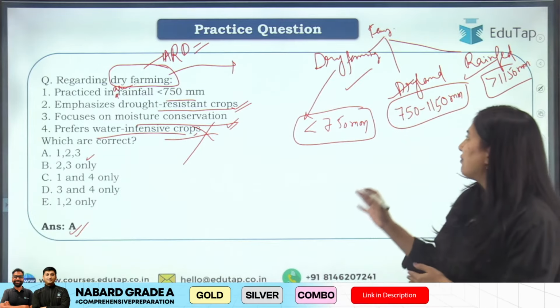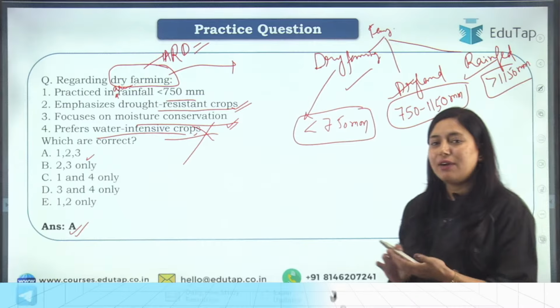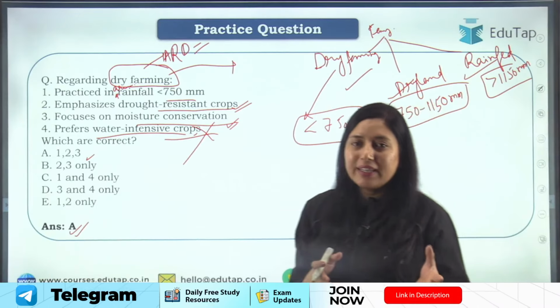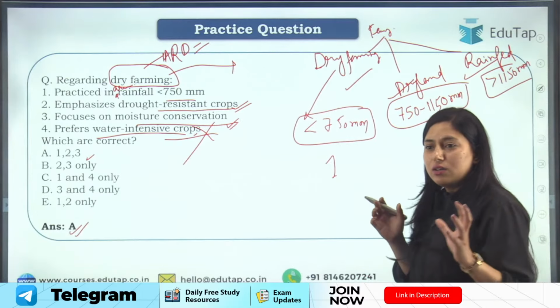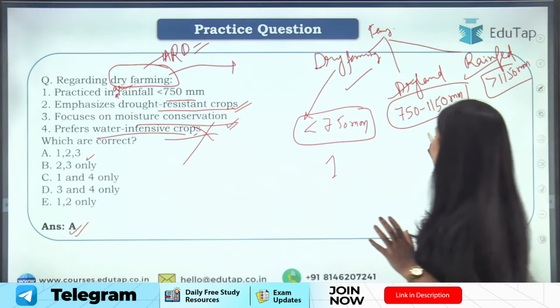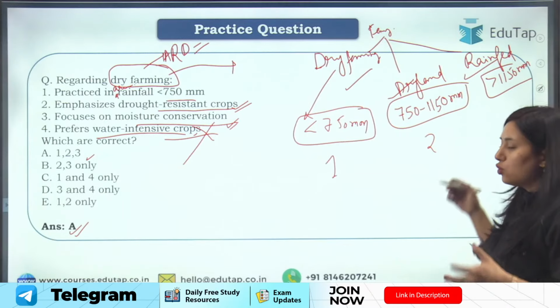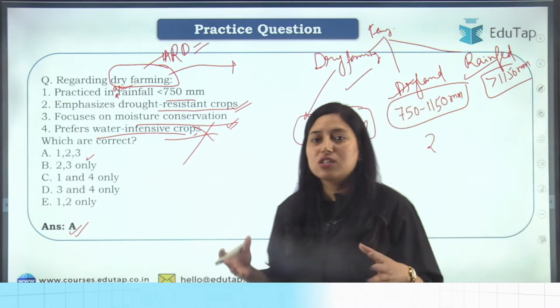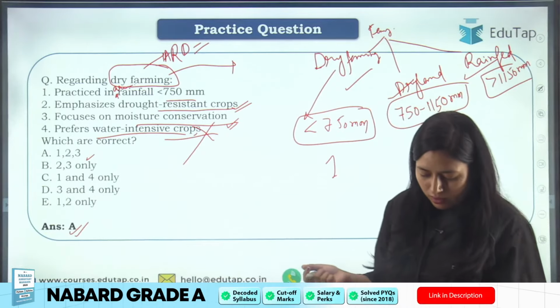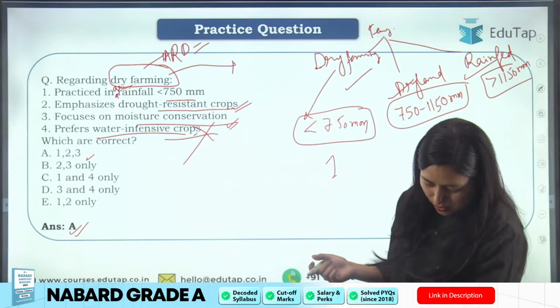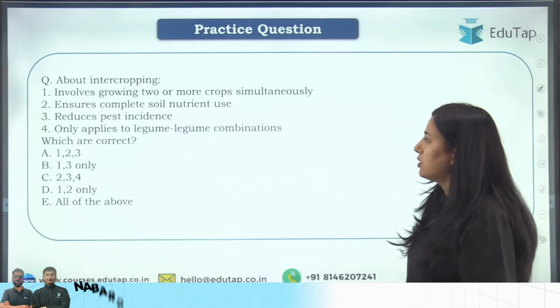But in case of dry farming and dryland farming, we have to go for monocropping, which means we can grow one crop at a time, or in case of dryland farming, you can go for two crops at a time, right? You cannot grow multiple crops at a time or in a year because of the limitation of moisture. Clear? Okay, moving ahead to the next question.